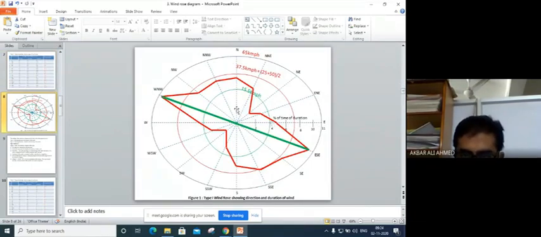North is this one. I have to go vertically up. So 4.1 will be somewhere here. Similarly, I'll plot all the values and then I will join them by this red color line. See here, it forms a closed loop. After forming a closed loop, you have to connect the radial lines one by one, and you have to calculate the values.